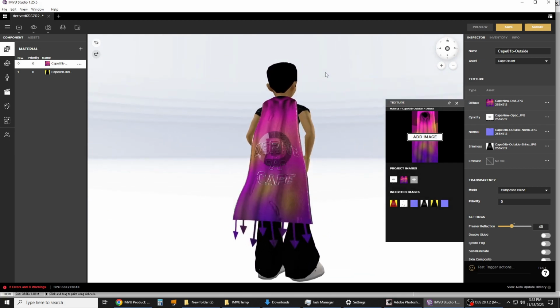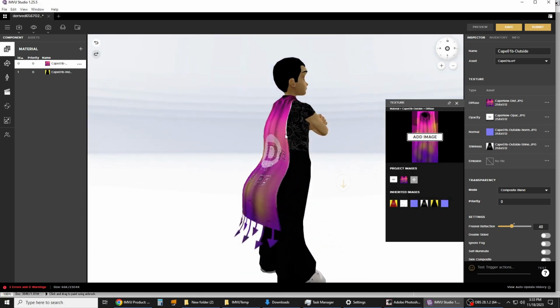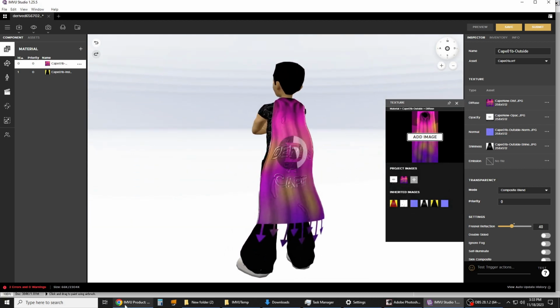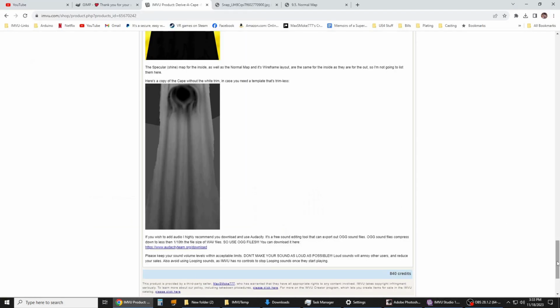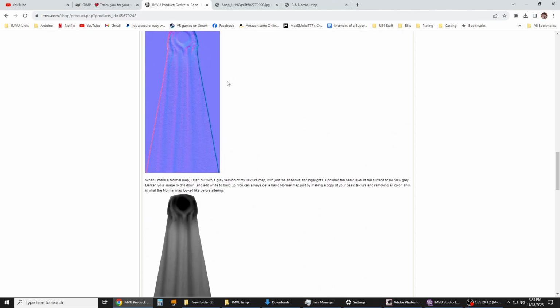Now as you can see, it still has the old bumps and it still has the old shines. So the old Derive-A-Cape still poking through. So go back to the page again and find a clean copy of the norm right here. Now this one right here is designed to have trim on the very outside edges. You might not want that, so you might actually want to create a whole new